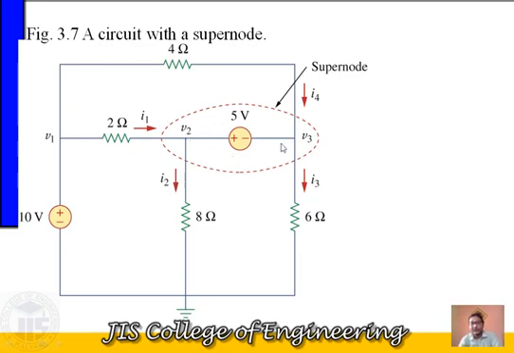You can write V2 minus V3 divided by the resistance of this path. But what is the resistance of this path? No resistance is connected over here. So here is the problem, and here is another trick. Just stay connected with us, I am going to solve this. Let's see how we can solve it. Just like the previous one, first you have to check how many nodes there are.